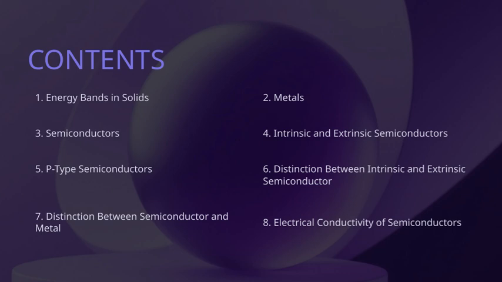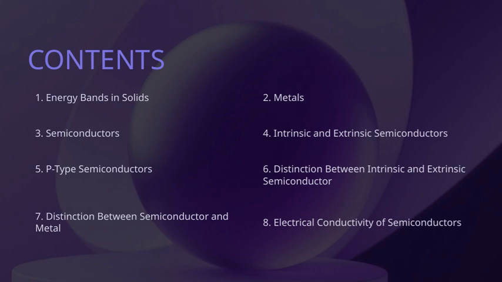On the other hand, extrinsic semiconductors are intentionally doped with impurities to modify their electrical properties, making them more conductive. For example, adding phosphorus or boron creates N-type or P-type semiconductors, respectively. Recognizing this difference is crucial because it helps us understand how semiconductors can be tailored for specific electronic applications. This distinction ties directly into the overall theme of how different materials behave in terms of electrical conductivity and their